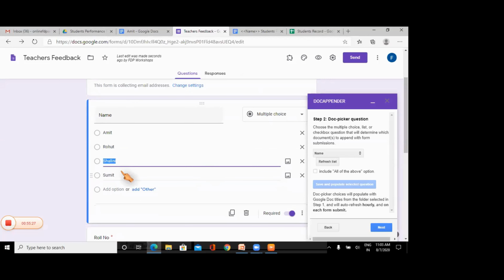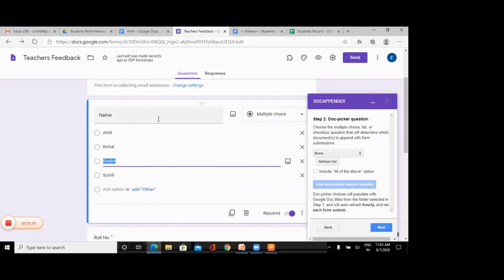It has populated this section, this question. It fetched all the names that you have given in your Google Sheet, right? So if you have mentioned 50 students, then in one go, you can have all those 50 names here. Otherwise, you just have to type them again and again.